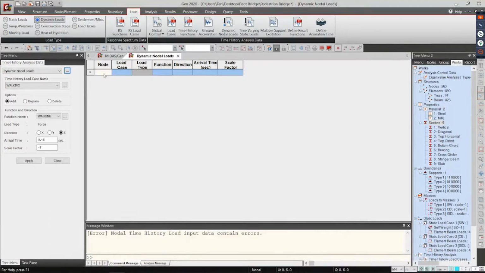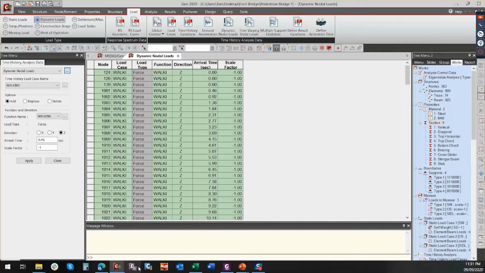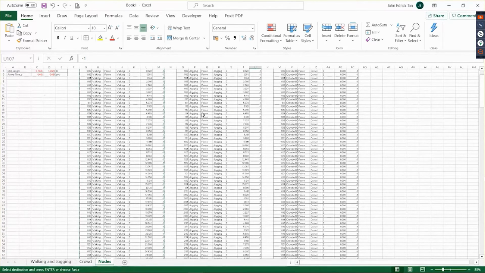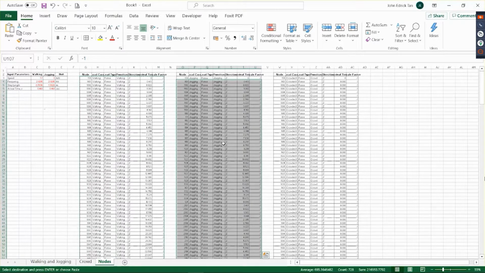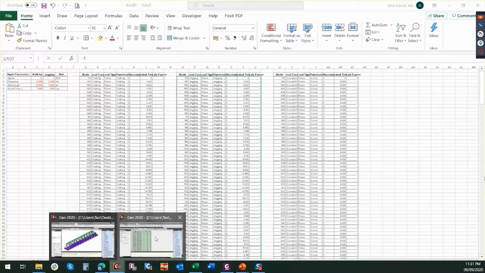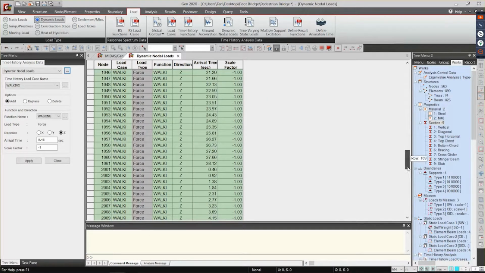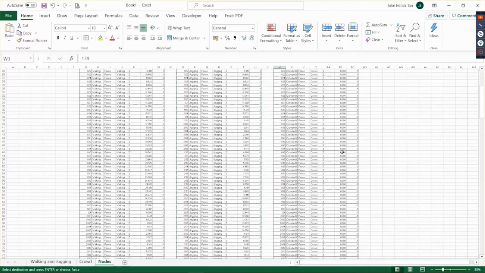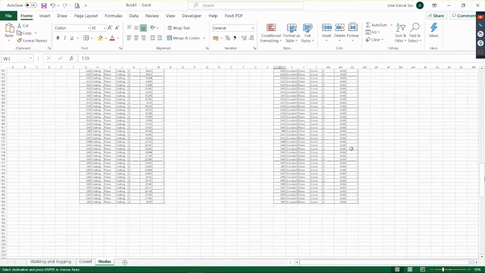Next, this one, and then the last one for the crowded condition. And then after that,